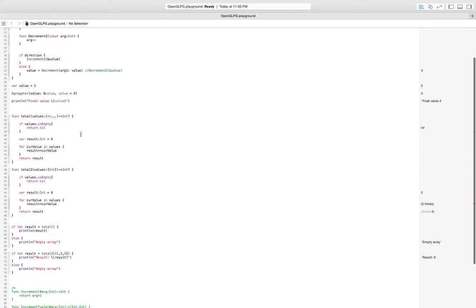how to use a number of arguments that can be varying, like total. We have 3 dots here, and we actually have an optional value for whether the collection provided, the array, would be empty. In such a case we return nil, otherwise we calculate the total value, the total sum using for,